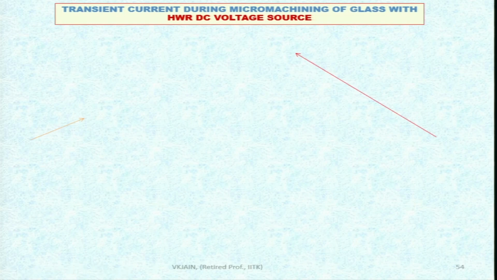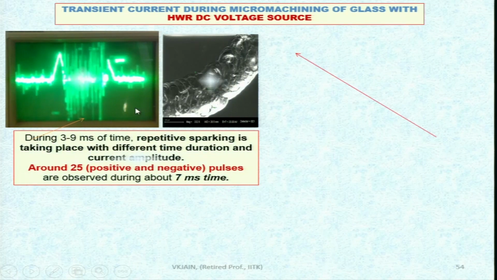Transient current during micromachining of glass with HWR, half wave rectified DC voltage source. Now you can see here these are the transient current waves, and during 3 to 9 milliseconds of time repetitive sparking is taking place with different time duration and current amplitude. You can see over here around 25 positive and negative pulses are observed during about 7 millisecond time. So you can find out the time for each pulse, and you can see here this is the kind of structure obtained,